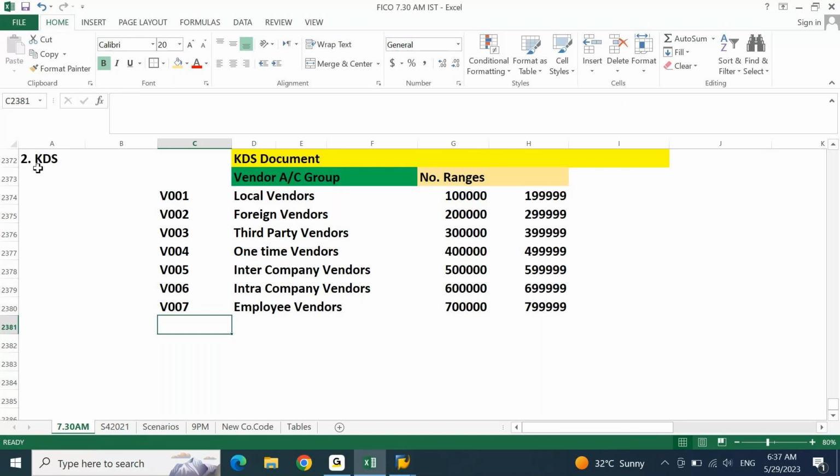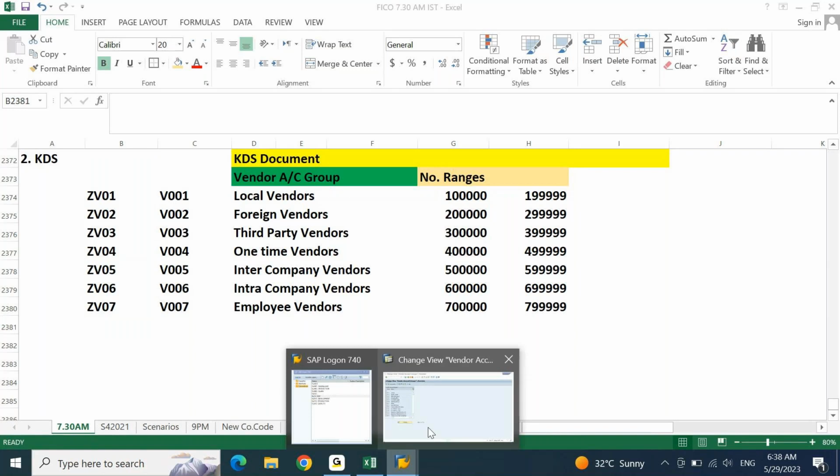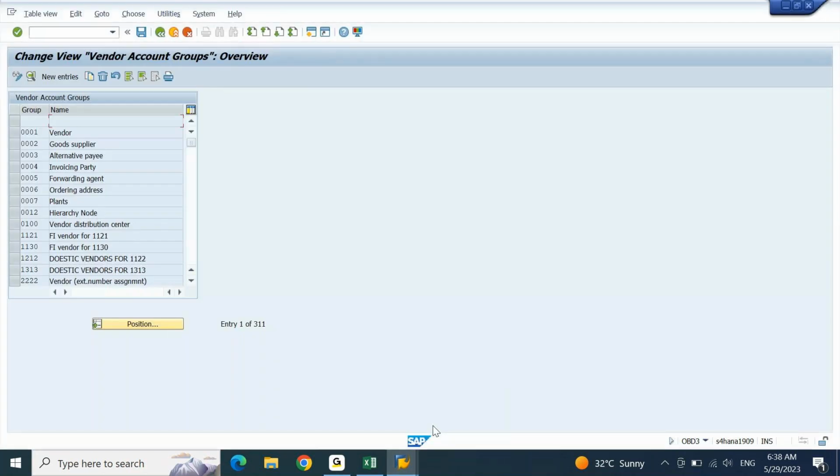Okay, otherwise you can create something like ZV01, ZV02, ZV03, ZV04, ZV05, ZV06, ZV07, something like this you are going to create. Z is something that you are going to add to represent that these are the number ranges used for your client. Because even in the real environment, when you go to this screen, SAP will contain